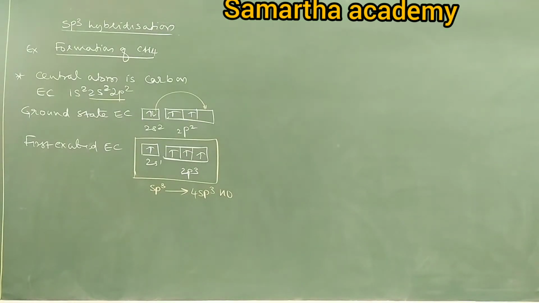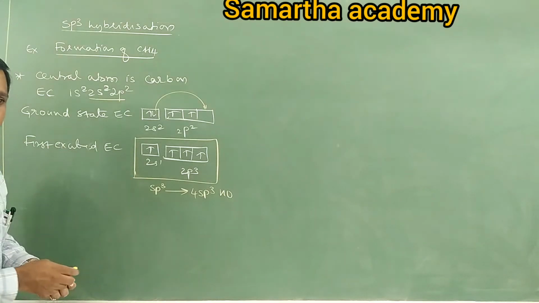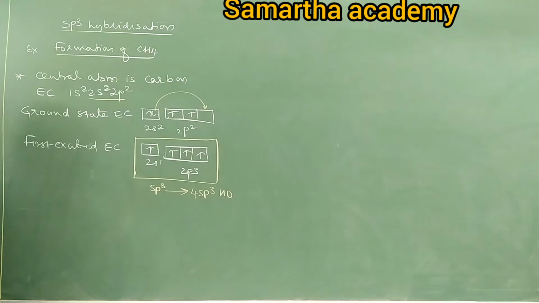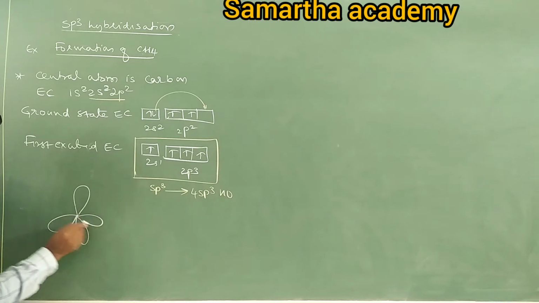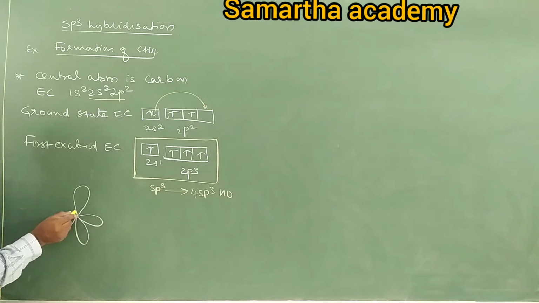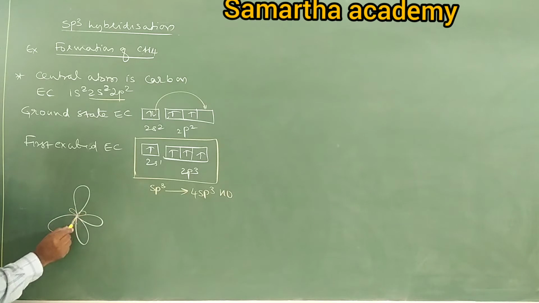Energy and shape will be equal. So then how are they placed? These 4 sp3 are placed in 4 corners of the regular tetrahedron. It means 1 sp3, second, third, fourth. Each hybrid orbital has a small lobe, no? Small lobes also. Okay, these are the 1 2 3 4 sp3 hybrid orbitals of carbon.